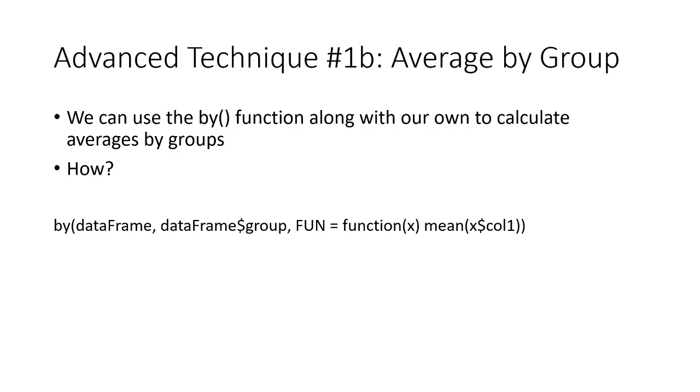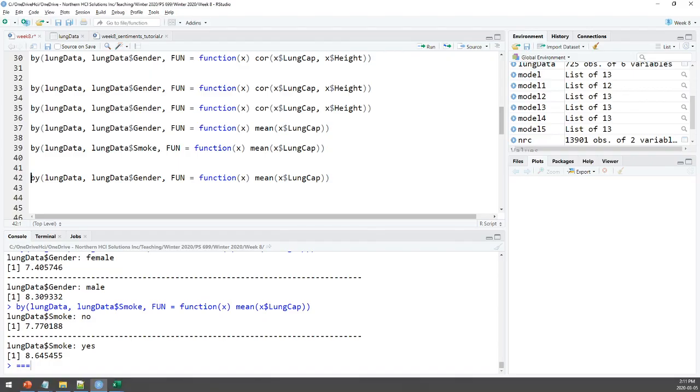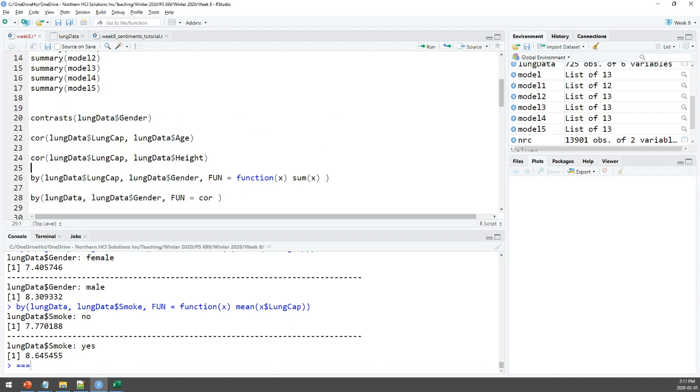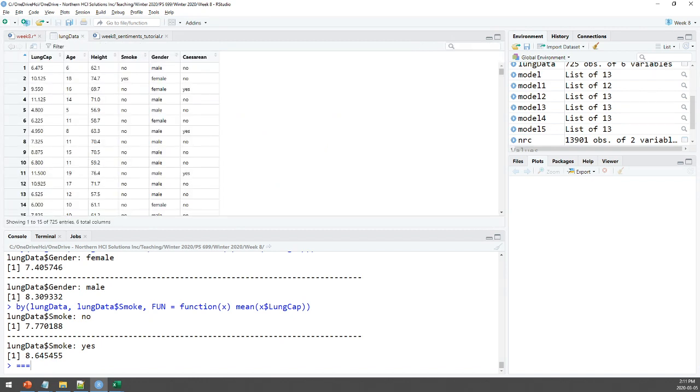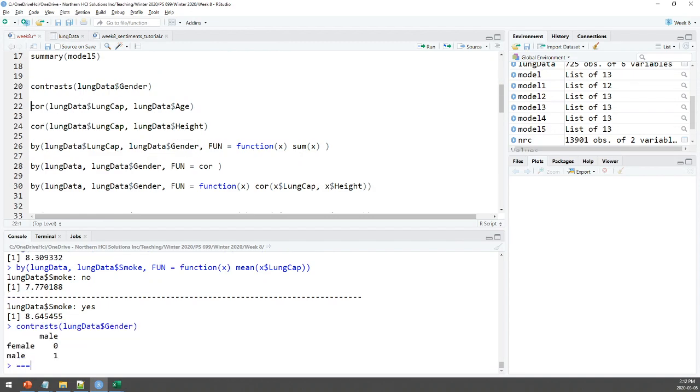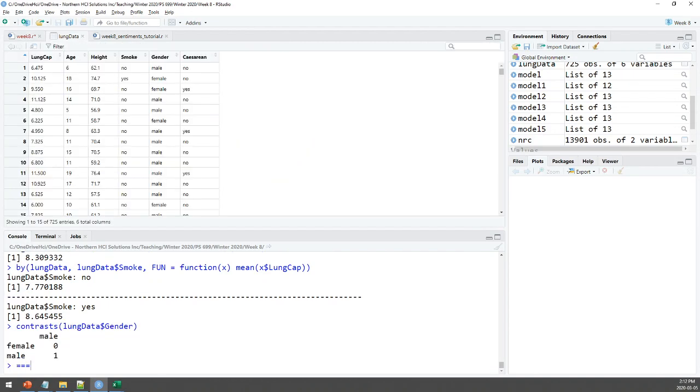more advanced technique that we'll want to cover is, we've taken a look at our categorical variables, and we've seen that by default in R, when we read in one of these categories, it uses the first value that it finds as our baseline. So for example, if we're dealing with dummies here, smoking would be represented, no would be represented with a 0, and yes would be represented with a 1. And we've seen that if we use that funky looking function called contrasts, and again, looking at the data for gender,